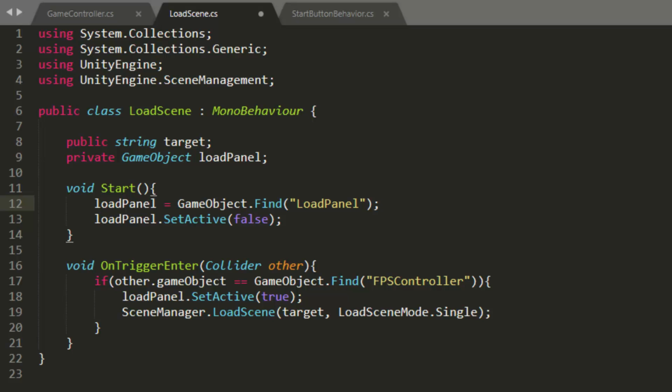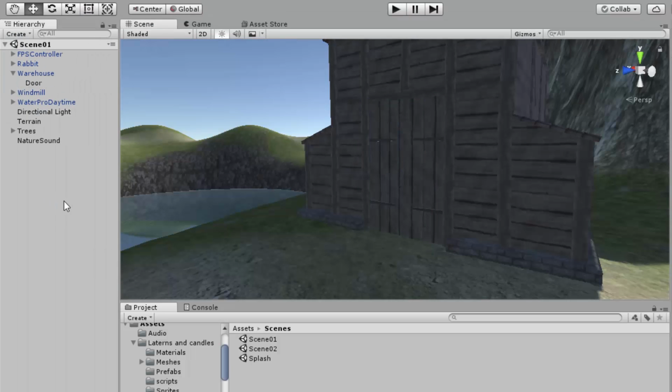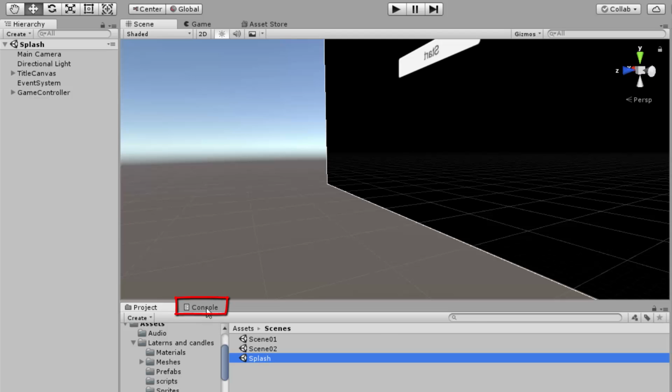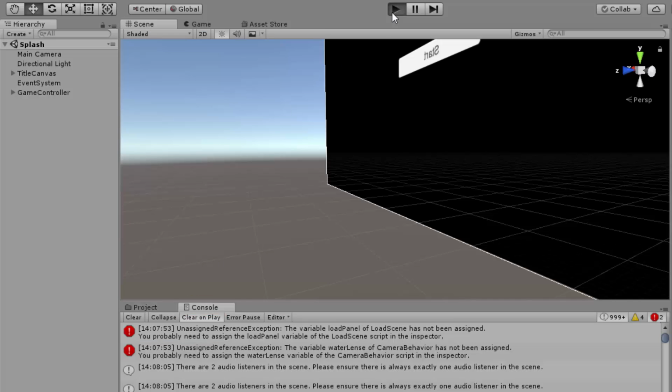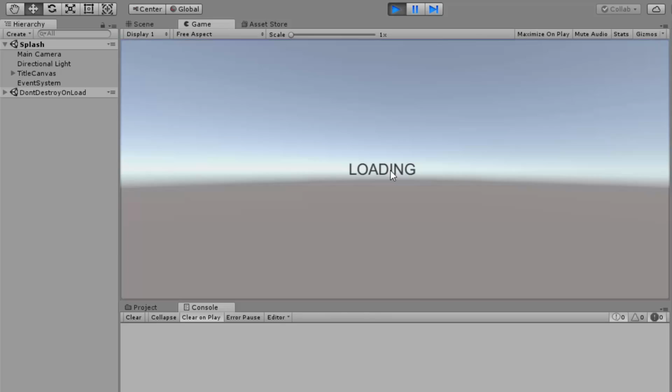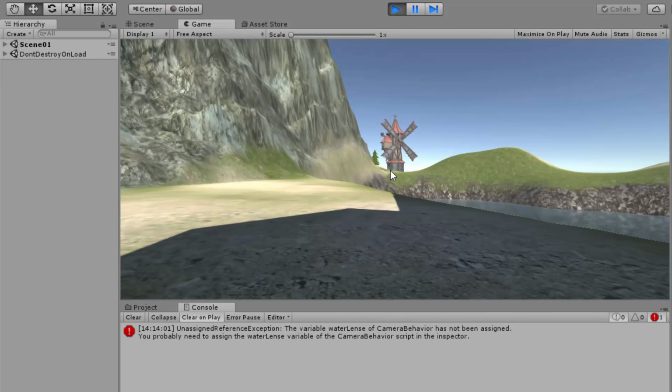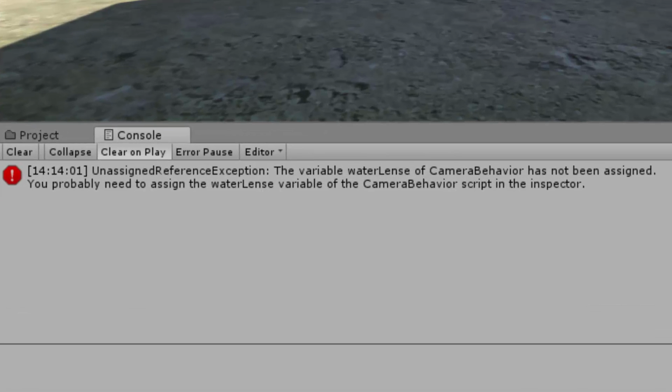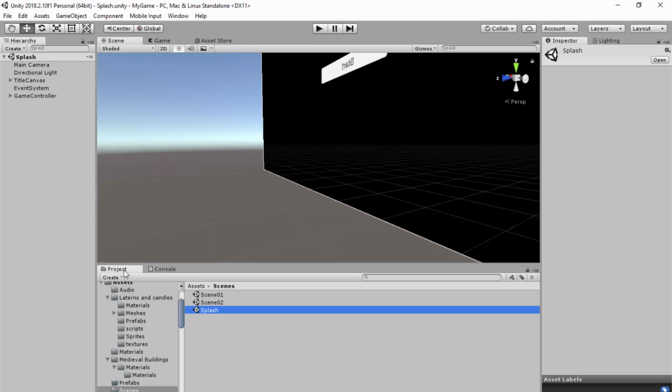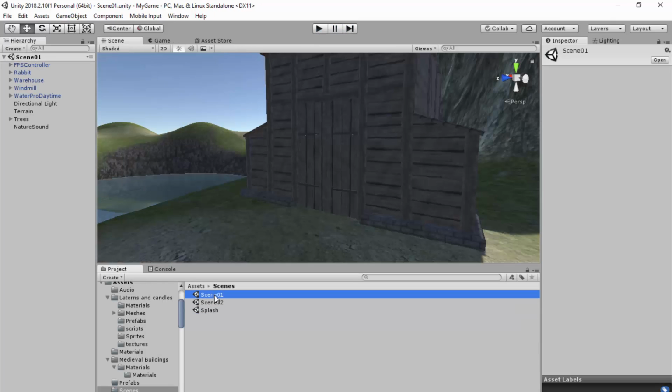Let's try it out. Save this, go back to the splash scene, show the console, press play, and then press the start button. Excellent! The scene loads and the load panel disappears. In the console, we have only one error left. The variable water lens of camera behavior has not been assigned. Sounds like a very similar problem, so we just stop the game, open scene 01 in the editor, find the